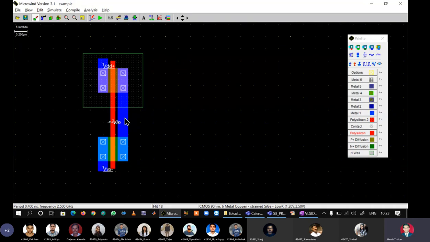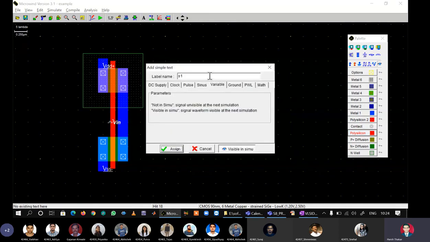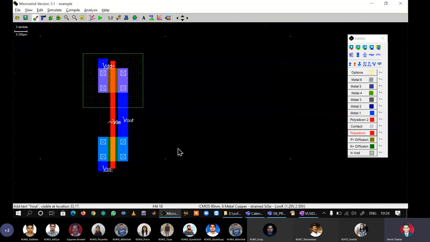Okay. Now I know that the intersection of drains is my output Y. So I will select this option, visible node, click this. And I go here and I have to drop this visible node anywhere outside the N well again. So I can drop it here, here, and anywhere. So just click it here and you can change the name. And the same thing, before clicking assign, make sure that visible in simulation is selected. So I say assign. So now Vout is there. So my entire layout has been made. The VDD and VSS have been given, terminals have been connected, input has been given, and the output node has been defined.